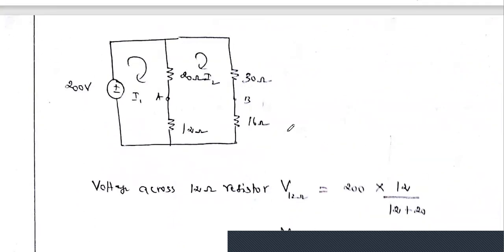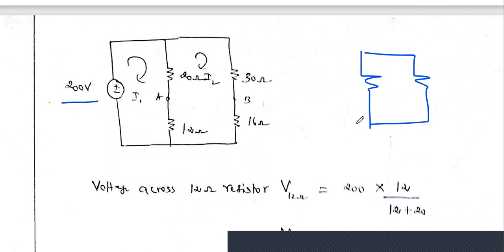Okay, here we are going to use the voltage division theorem. So now you see the diagram. There are two branches. This is one branch, and this is another branch. Across these two branches, one 200 volt battery is there. Already you know that in parallel, the voltages remain the same. If two or three resistors are connected in parallel, the voltage measured across them remains the same. That is the parallel concept.